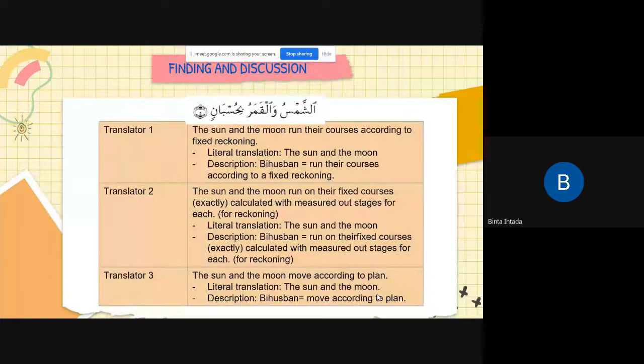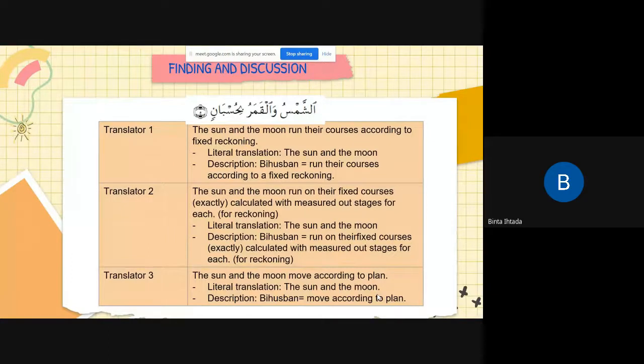So the second is Asyamsu wal qamaru bihusban. This is the fifth verse of Ar-Rahman Surah. The first translator means by it: the sun and the moon run their courses according to the fixed reckoning, while the second translator says: the sun and the moon run on their fixed courses, exactly calculated with the measure of odd stage for each. And the last translator says: the sun and the moon move according to the